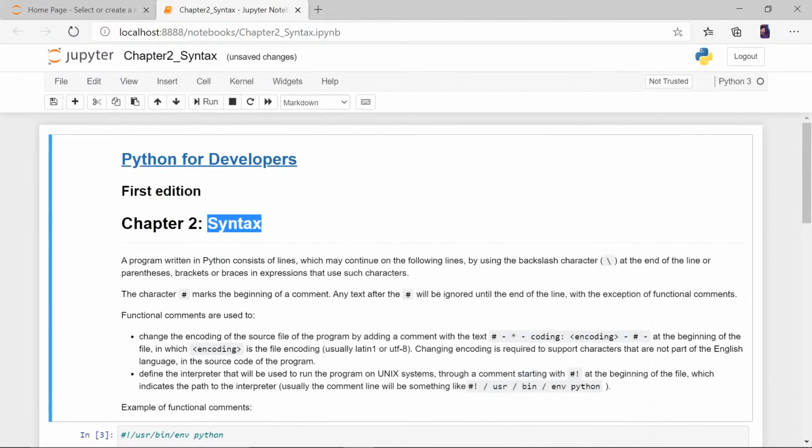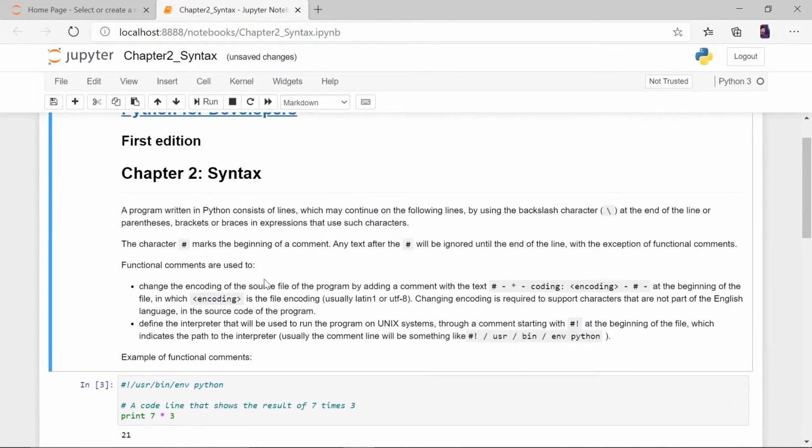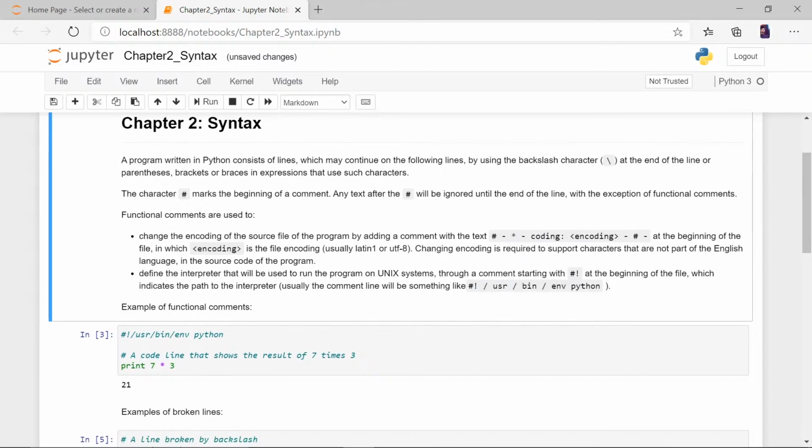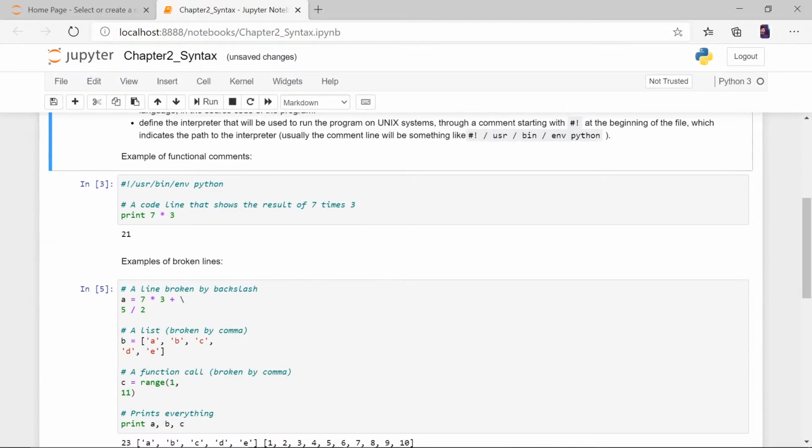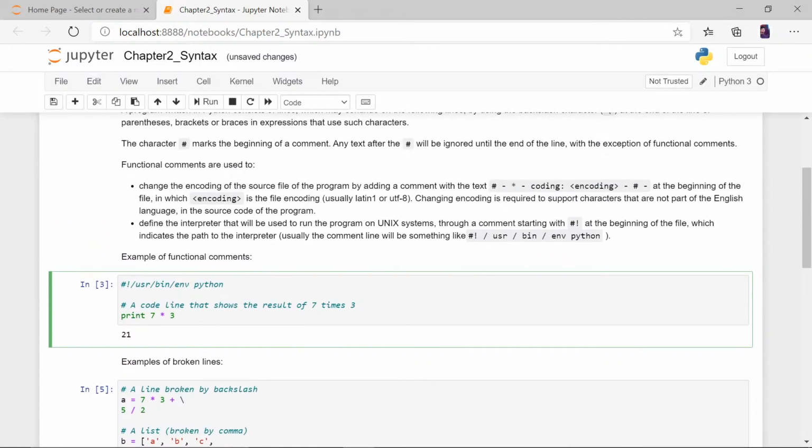So in Python, we have some rules like this hashtag mark. When you put a hashtag before anything, it is a comment. It is not code. If I want to write a line of code that shows the result of 7 times 3, I write print 7 star 3, and this is again Python 2, so they have written it without the brackets.